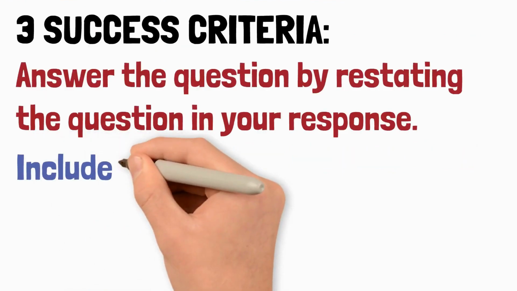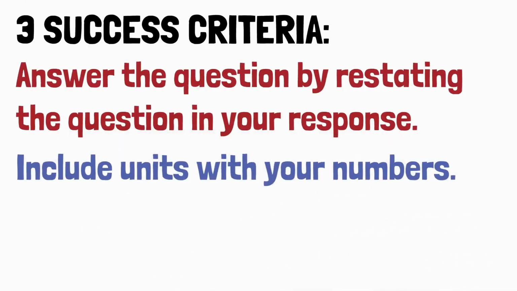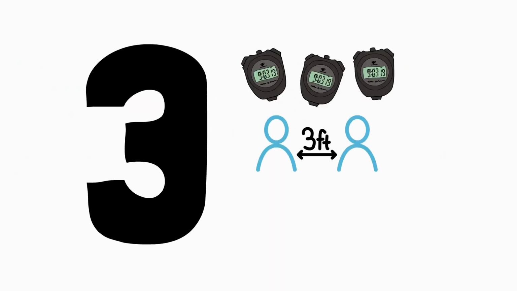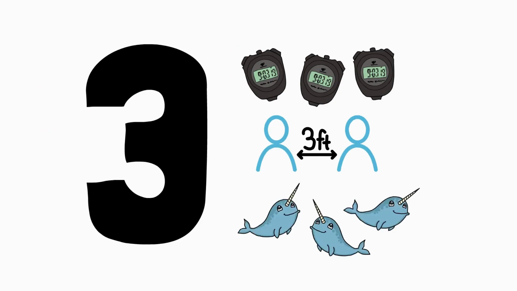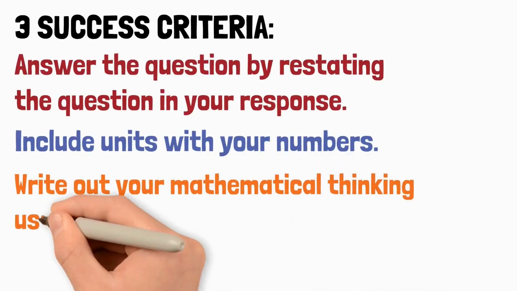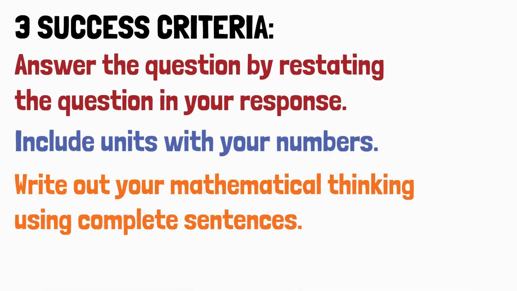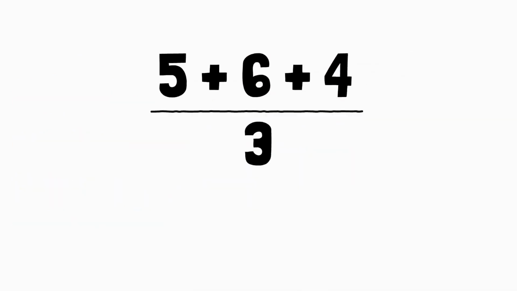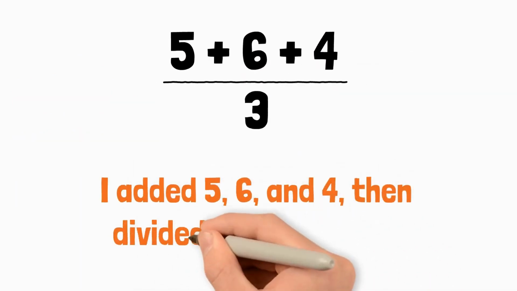Second, make sure you include units with your numbers. For example, rather than just writing 3, make sure to write 3 minutes, or 3 feet, or 3 narwhals. And finally, write out your mathematical thinking using complete sentences to explain how you arrived at your answer. For example, if you added numbers together and then divided that total, be sure to describe that process using a